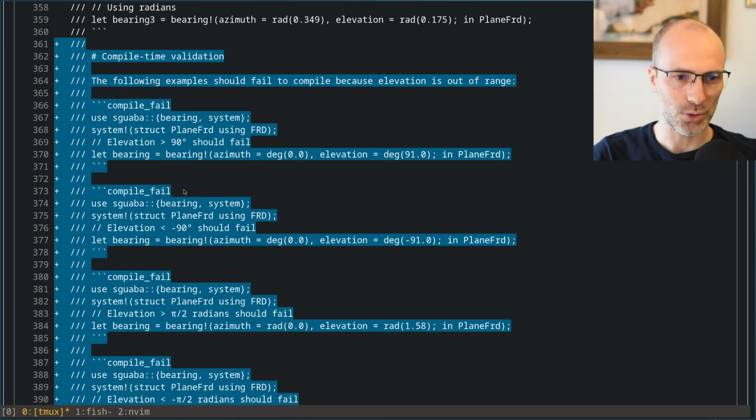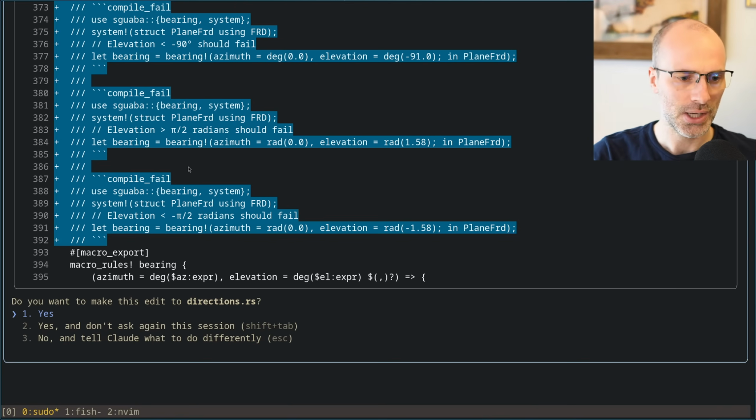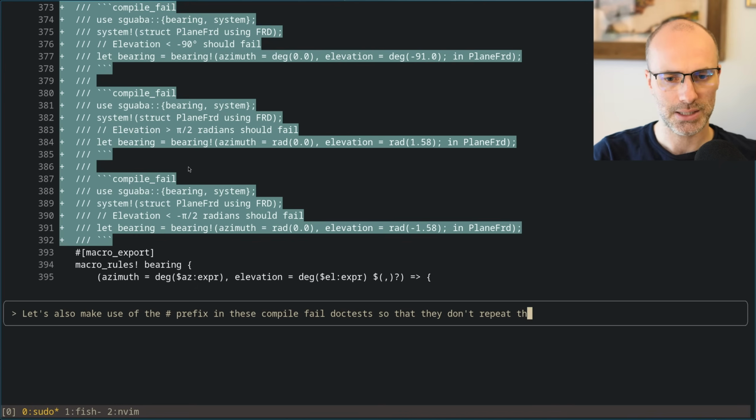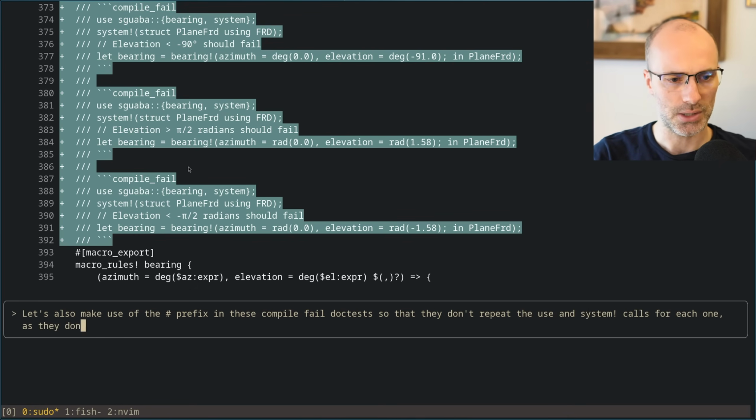It's just annoying that you have to repeat the definition. So actually I'm going to tell it, let's also make use of the prefix in these compile fail doc tests so that they don't repeat the use and system calls for each one, as they don't add too much to the user experience here.